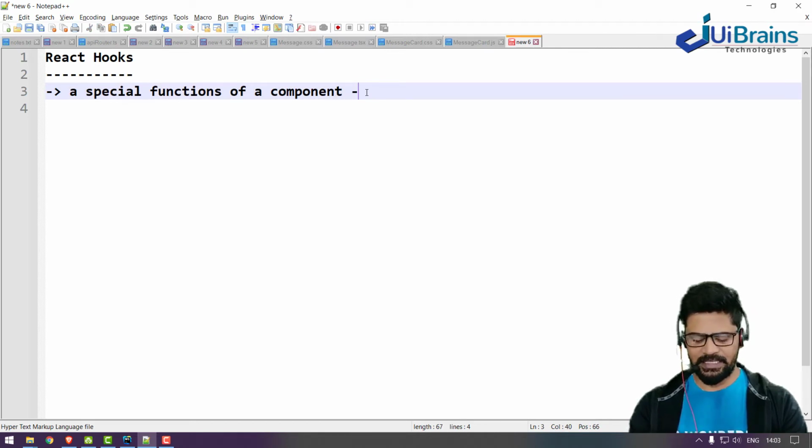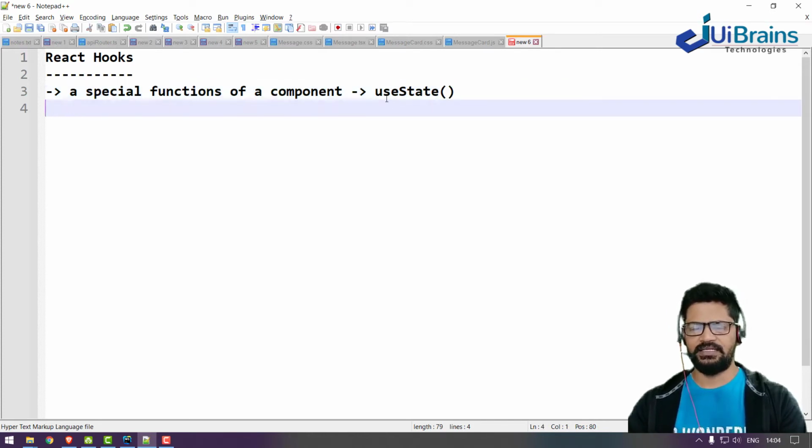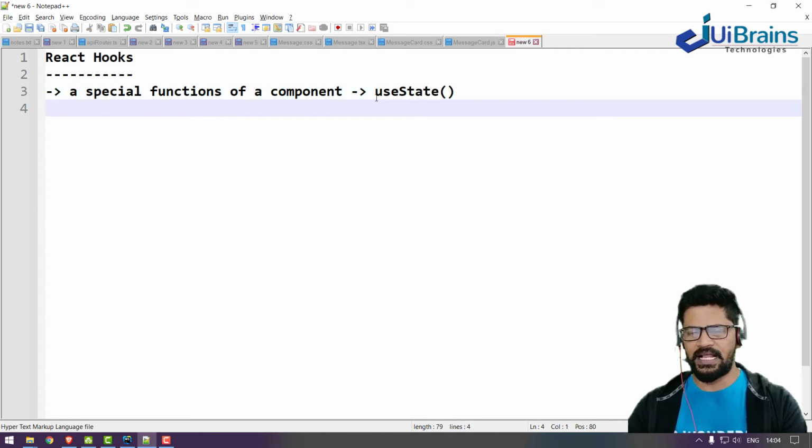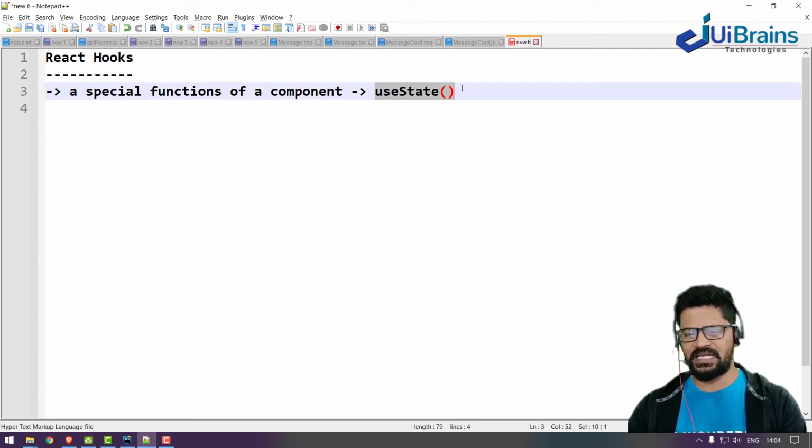To maintain the state, the hook is the useState hook, which is a function. useState is predefined. Never change any keyword or character or lowercase and uppercase; it is exactly the same. This is one hook, like the useState hook, useCallback, useHistory, useLocation, and many more. Going forward we'll see them, but as of now the very first one is the useState hook. It has its own syntax also.